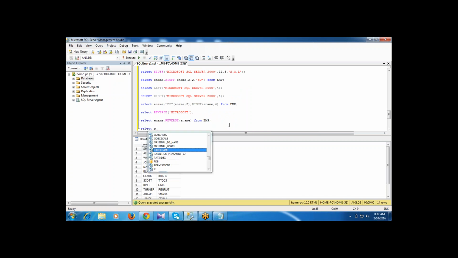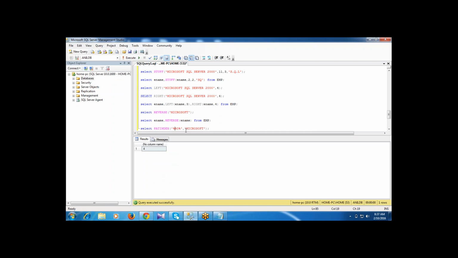And select pat index. That pattern, RO letter pattern, where it is going to start in the given string, in the Microsoft, where it is going to start, 4th character, this pattern, right? Reena, got it? RO is the string, so RO starts with the 4th character, right? So it just gives the index, the first character you have given. Yes, the index.